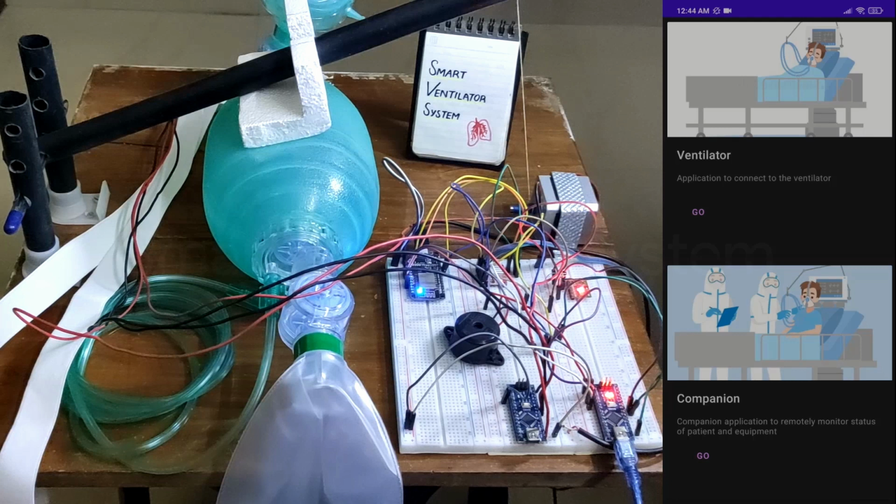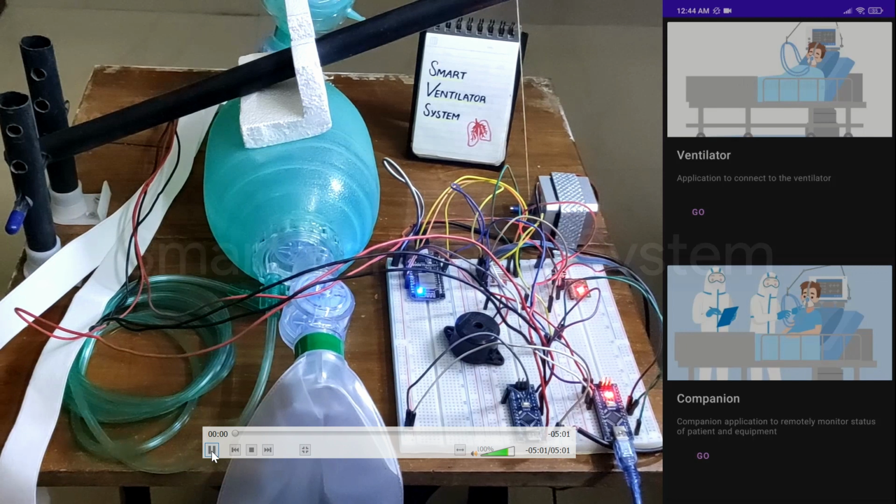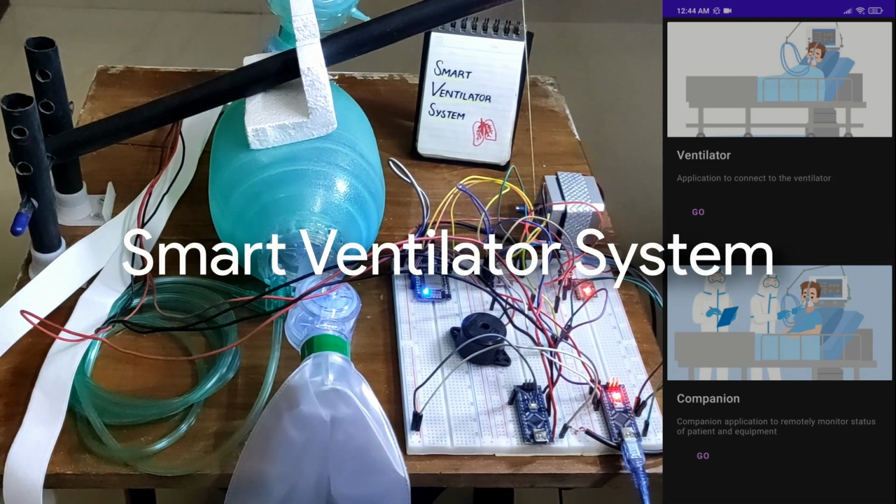In this demo, we are going to see how exactly we have constructed a smart ventilator system. The system is fully functional and very affordable. We have included all the important features, and all the vital tracking parameters are also included in this entire setup. This setup will help you in static ventilation, dynamic ventilation, and it has a fail-safe mechanism and a little more than that. The entire setup is fully functional and you are going to see the demo for the same right now.